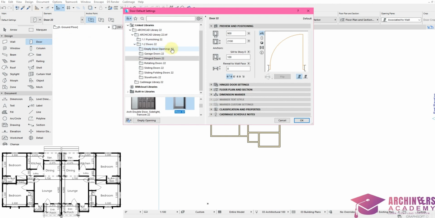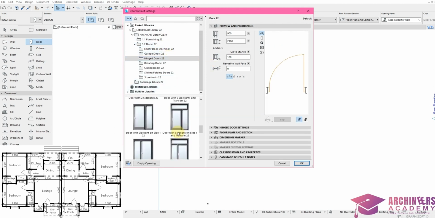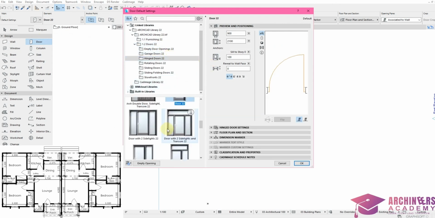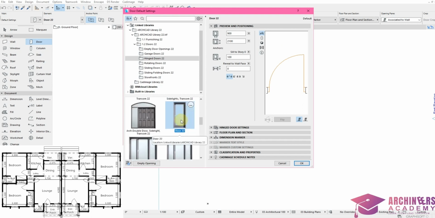Then you can make it any hinge door. Okay, we have door 22. So the width is 900, the height is 21. Sill to story level, I think it should be 0. Then we have